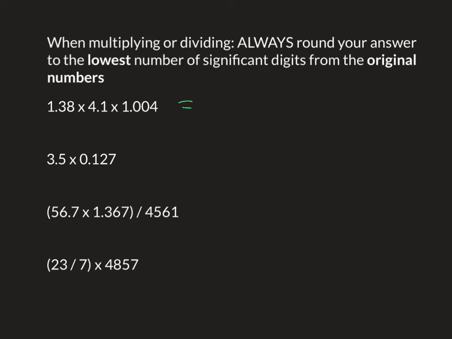I care that you can put those 3 numbers in the calculator and multiply them together. And when you do that, you should get 5.680632. Okay, so there's my answer. Perfect. The problem is we want to make sure we round this to the right number